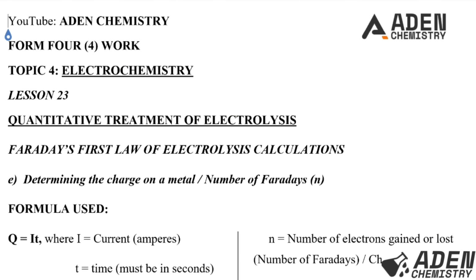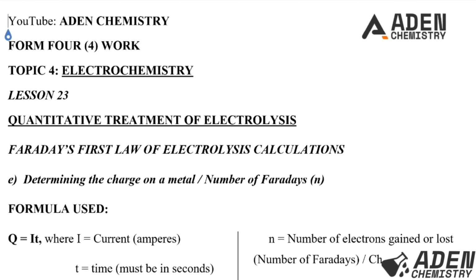Hello students, welcome. Previously, in lesson 22, Form 4 topic 4, we dealt with the fourth aim of calculating Faraday's first law of electrolysis, which was determining the relative atomic mass of an element. So today, lesson 23, we want to proceed to the fifth aim, that's determining the charge on a metal,